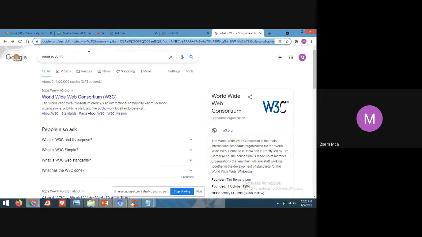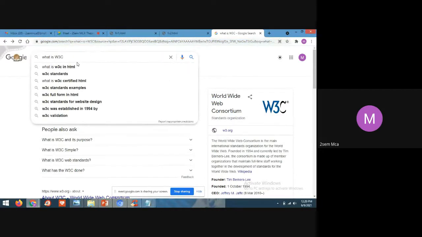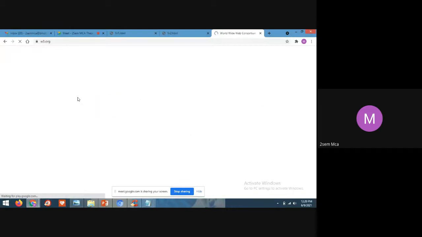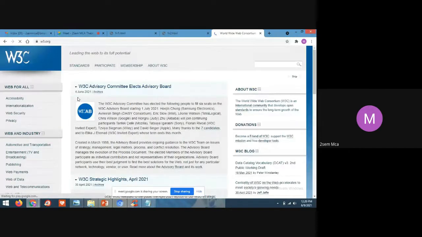Then I typed what is W3C. So it is navigating me to the next page, no? Yes. Again in this response, many navigations are there. So I'm going to the other page.